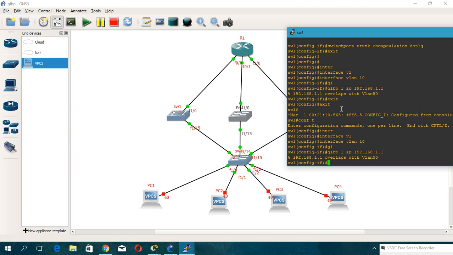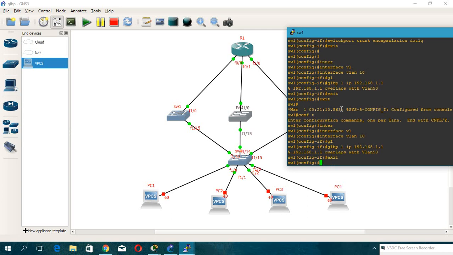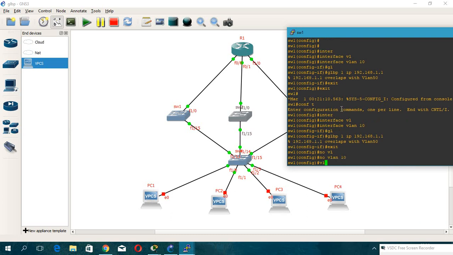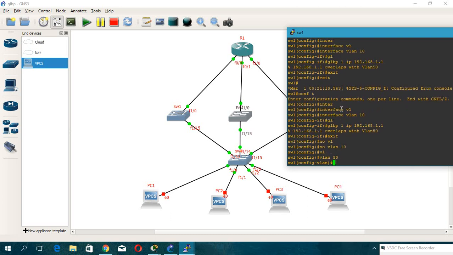We need VLAN 15. Exit, no VLAN 10, VLAN 15. Sorry, I made a mistake. VLAN 10 IP address